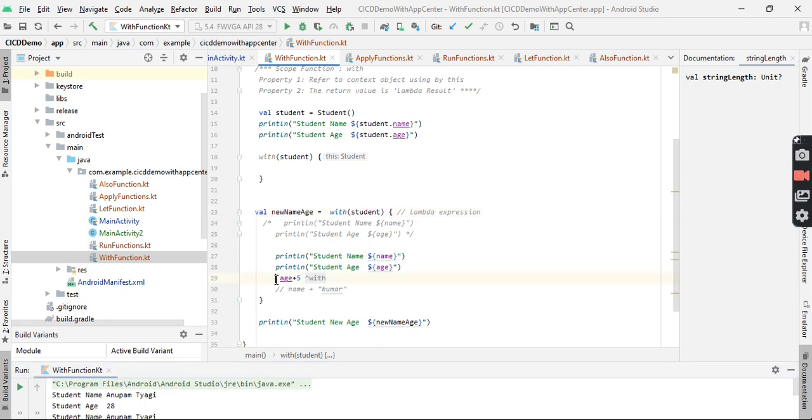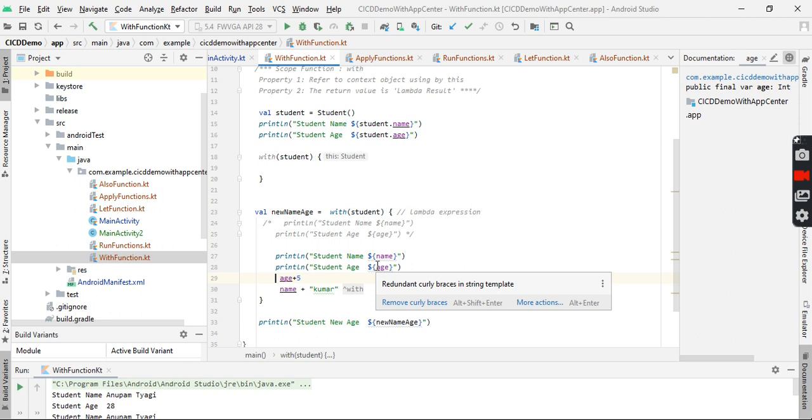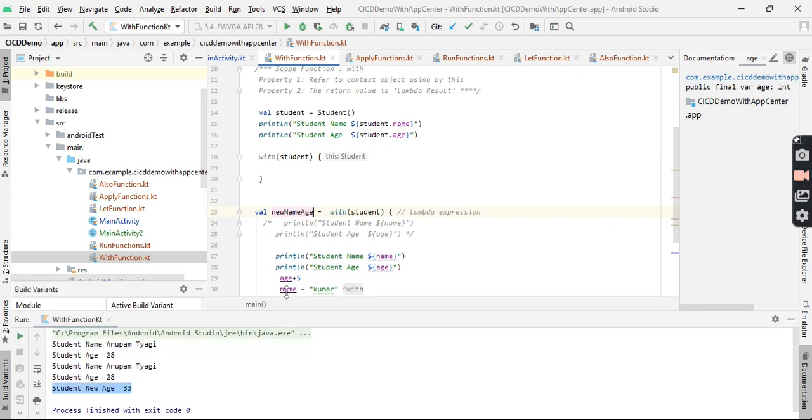And if I don't want to return the age, suppose I keep this uncommented. It will return the last line of the lambda result, which will be a string. The string value will be stored in the new name age variable.